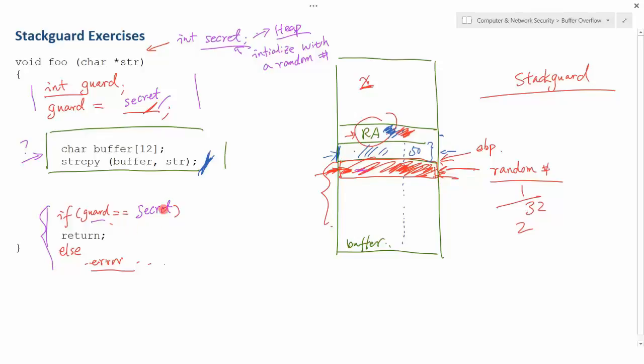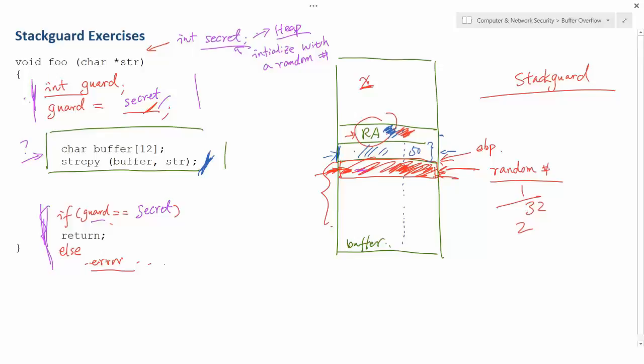So the code I added has nothing to do with your logic. If you have that property and you can integrate this into your compiler, you don't need to ask the developer to type all these things manually in their code. You can let the compiler add that code on top of the existing code. For every function that you implement, the compiler can add a few things here and there automatically.